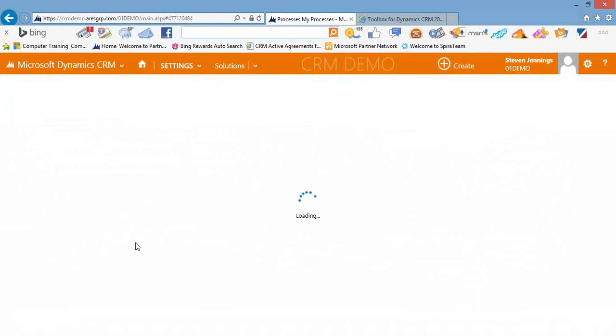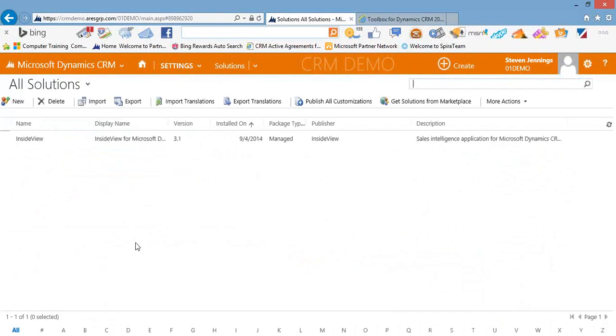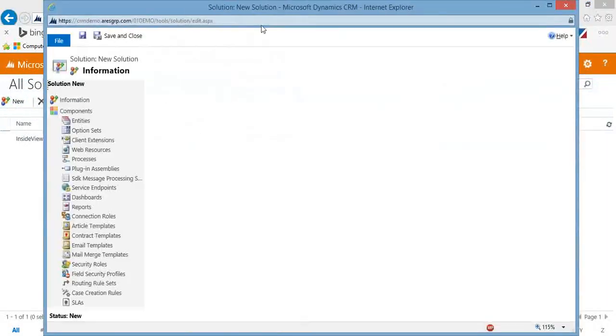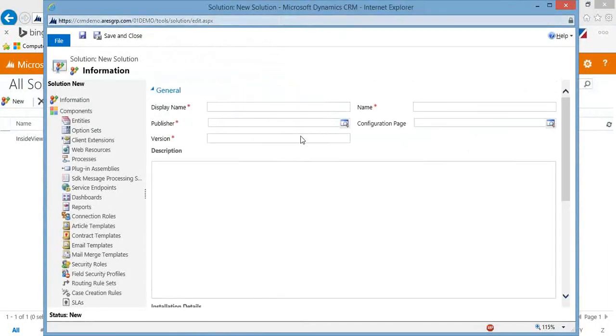We play in the sandbox, we're working on it, you've got all the changes, you've got the QA department reviewing it, they like the changes, and you're like, how do I get it over? Well, the way to do it is we'll go under settings, under solutions, new, the name. I always like to call it production,